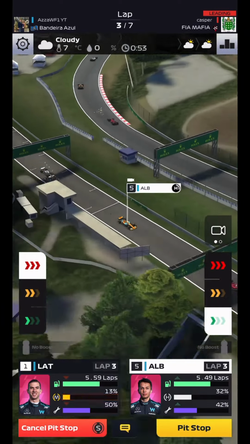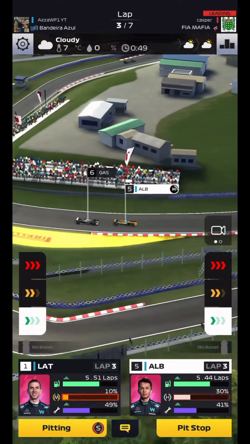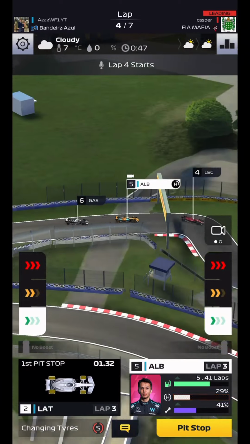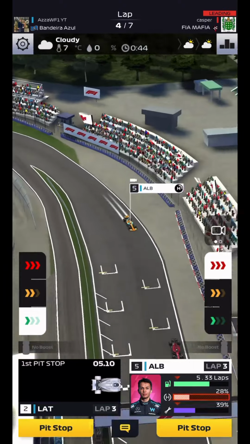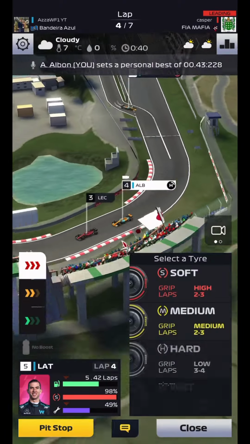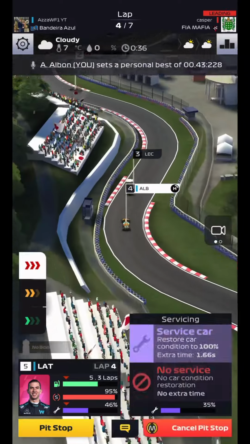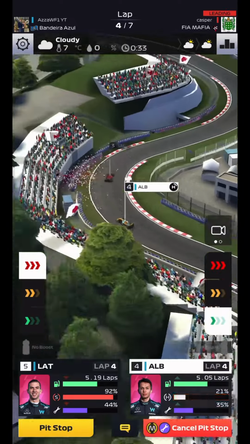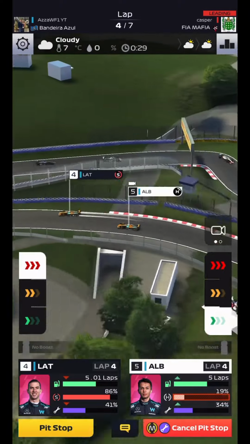As Latifi is coming into the pits, we're not going to service. We're right on that 50%. And we're going to be taking soft tyres and doing 2-2. So it's potentially a slower strategy, but the rivals force my hand. So hopefully we can get through Charles Leclerc and me pretty quickly as Latifi goes round the outside,